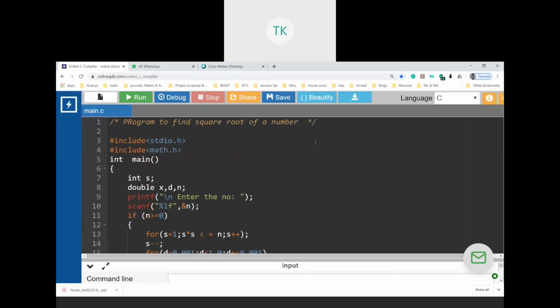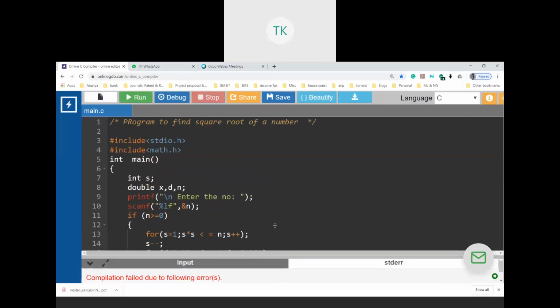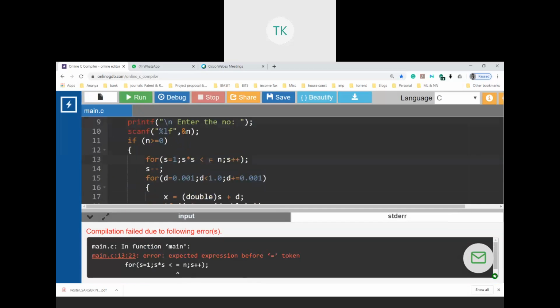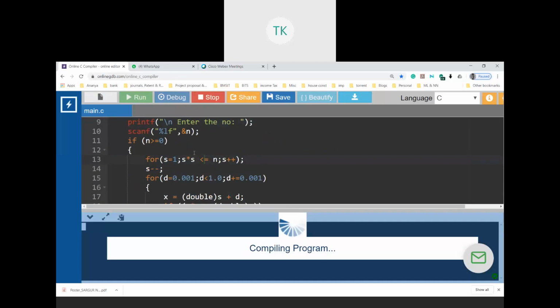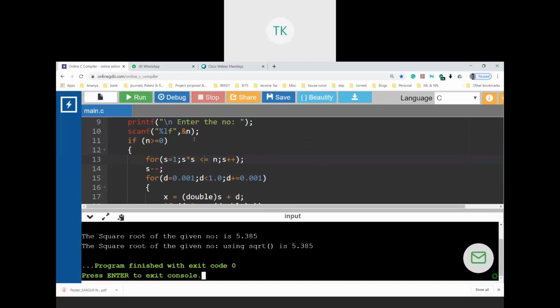Okay guys, so let's run the program. Compiler error. Why? What was it? Oh, you cannot give a space, right? So I'm giving a space here. Great. I'll give the same value 29.